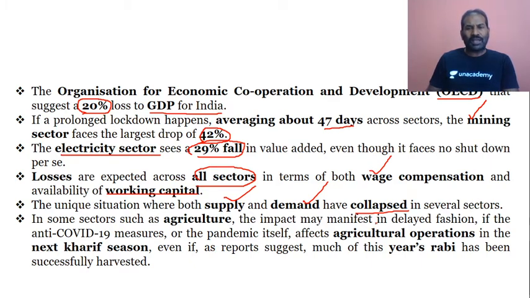So that is the impact because of COVID-19. Probably you may not have understood the impact; we were just thinking about the impact on the Indian economy. No, that is at a different level. As a civil servant aspirant, you have to focus on the number of days, the lakhs of crores of rupees of impact, the percentage of impact on the GDP, on various sectors again, and then how it will impact demand and supply also. And then there is also an impact on the agriculture sector, that is the primary sector. How?